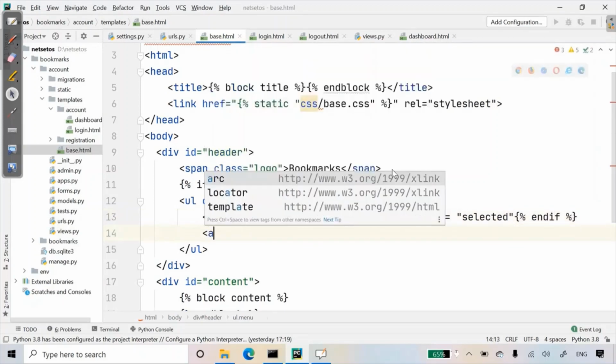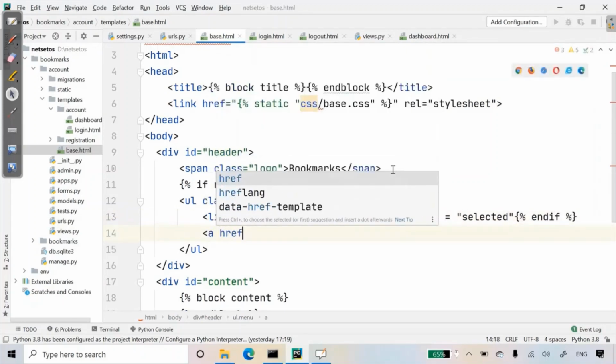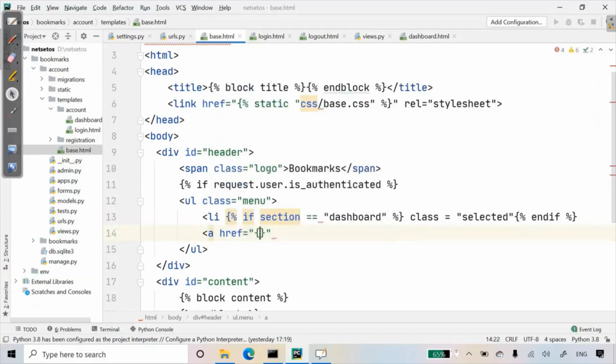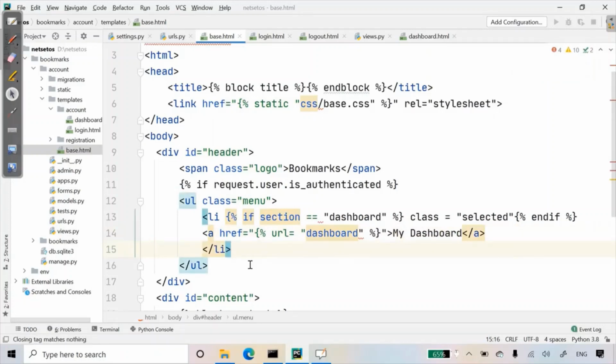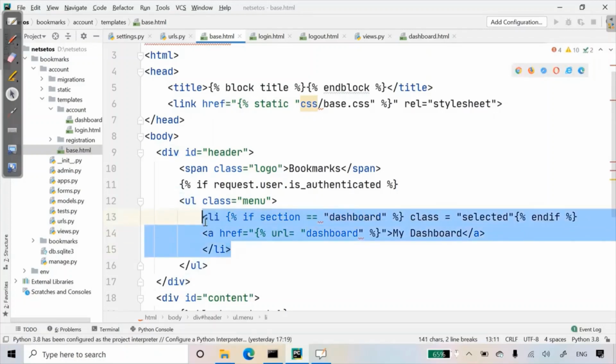Here I'll give the link for href. Here we will have url, inside this we will have dashboard link, and here we will print My dashboard, and here we will end this li, and again I'll create this